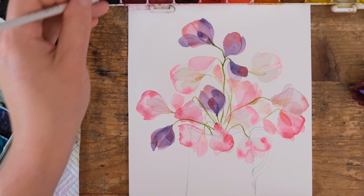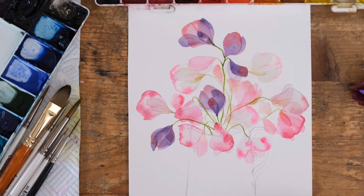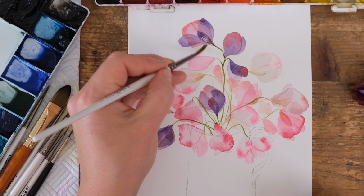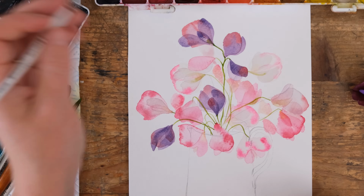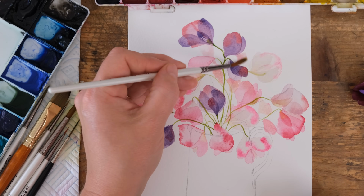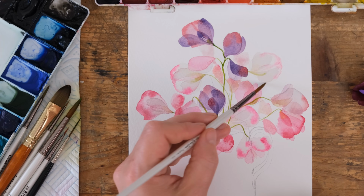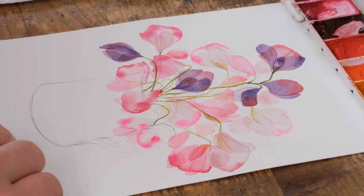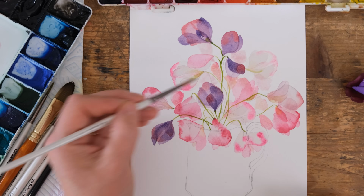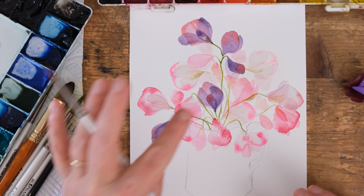Just those little single brush strokes, I think that's rather nice. It's just good to create that sense of abundance in your vase. But it's easier almost to add them now, once you've painted in your stems and things. Okay, I like that. So we're going to let this whole thing dry now, and we're going to start to